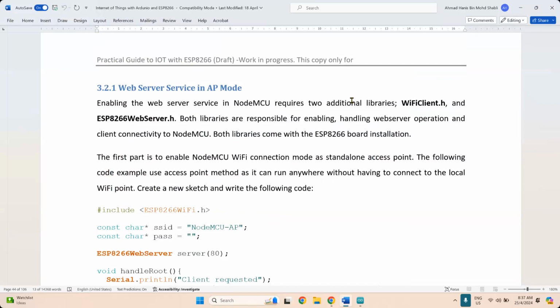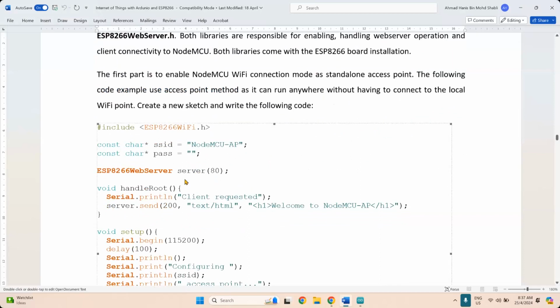In this example, you can see that the ESP8266 Wi-Fi library is being used to enable the server mode. First, we need to import ESP8266 Wi-Fi, and then we need to define the access point name. You can give it any name as long as it follows the standard naming convention.